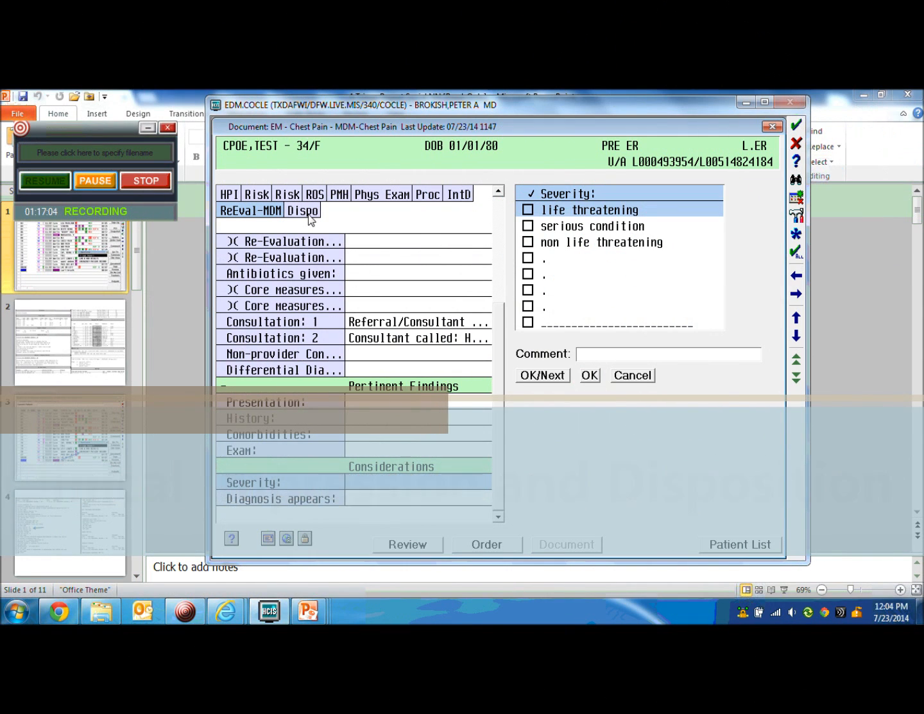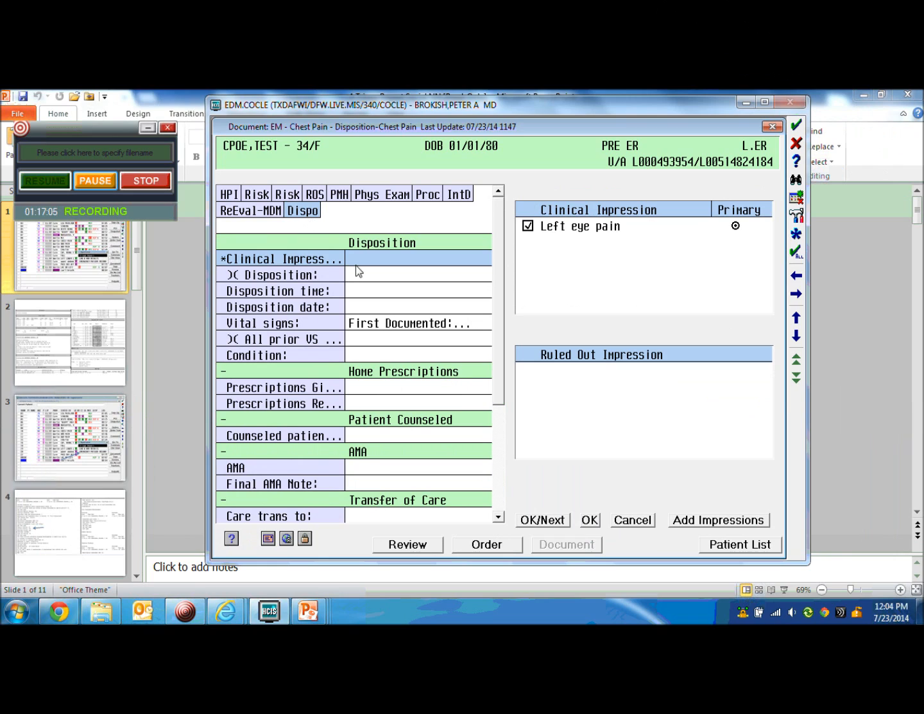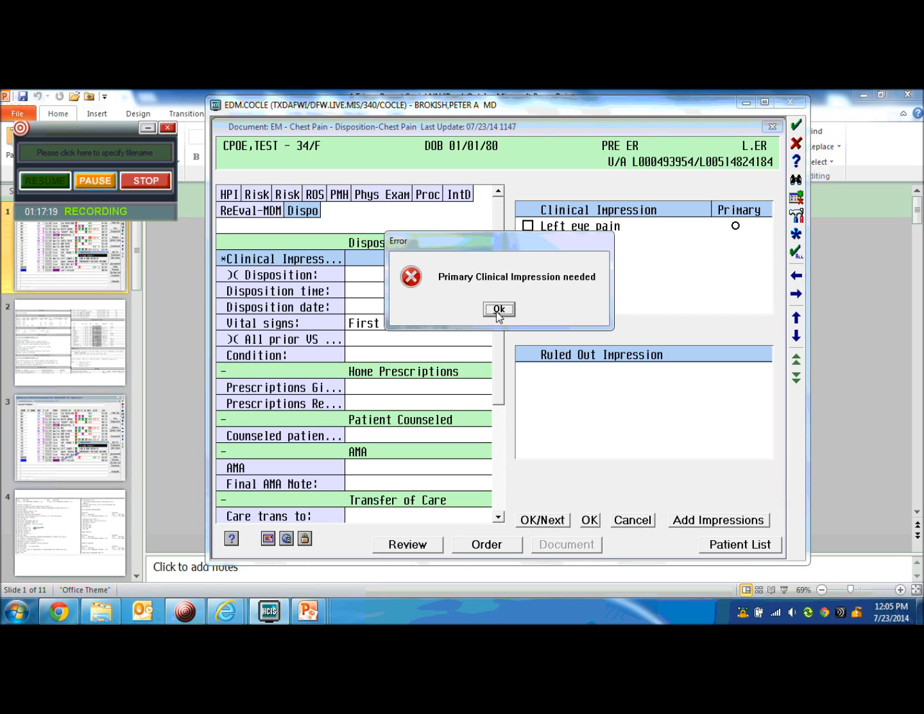And our last page over here is our dispo page. So dispo will start off with clinical impression, and this was just put in by a previous chart that was opened by one of our test physicians over here. But this would be blank to start off, and as soon as you get to this page, it'll automatically highlight